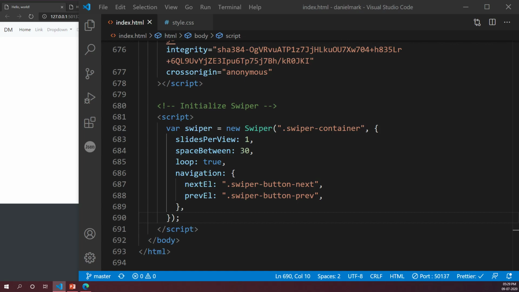Okay, show me the problem with your output. Okay, that's because your screen size is really small, huh?